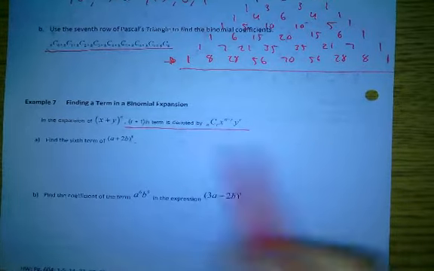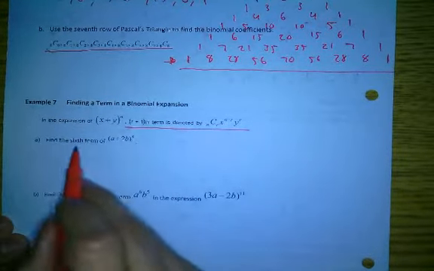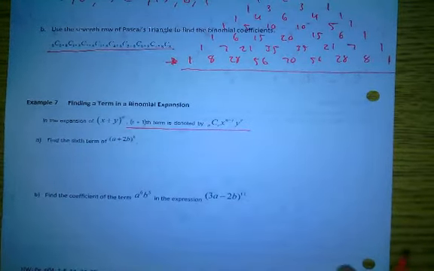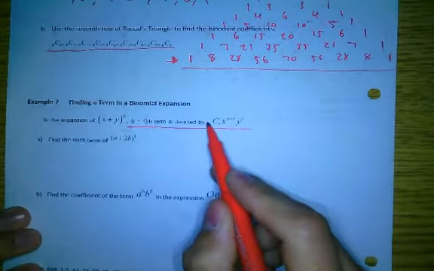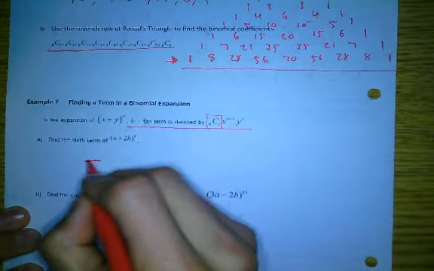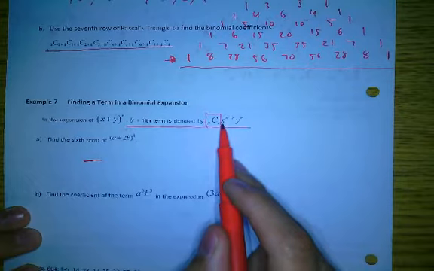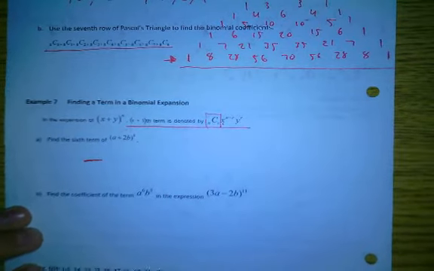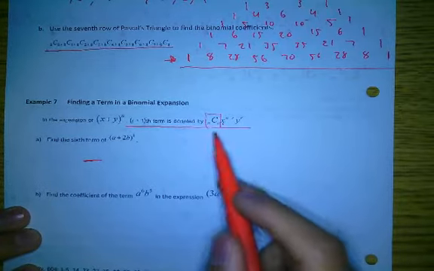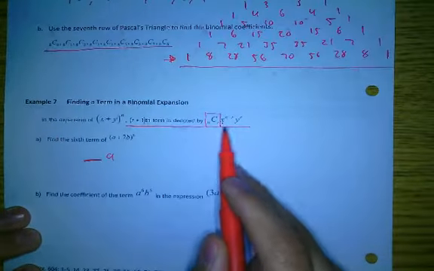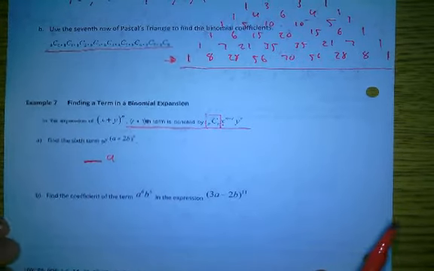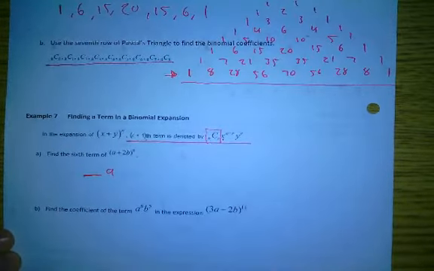Okay? Now it says, you're going to take, in this case, x for you represents what in this problem? A. And it says to do what? N minus r. Well, what is r? What do we mean by that? Well, look at this. It says the r plus 1 term. So what's the term that we're looking for? So wouldn't this be r plus 1 equals 6, right? So that means r in your case is 5. You see that? So that means that this is going to be n minus 5. So in this case, you have 8 minus 5, which is